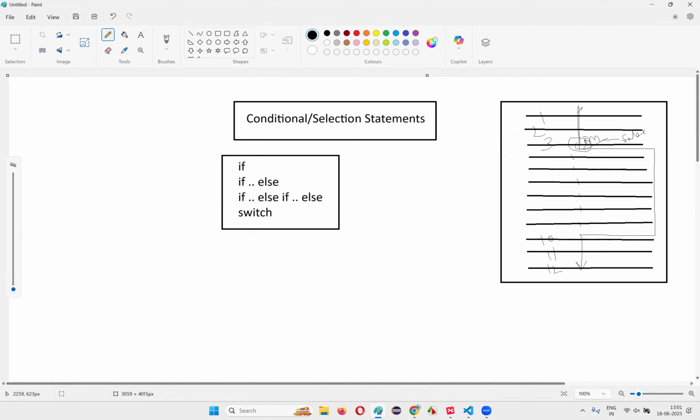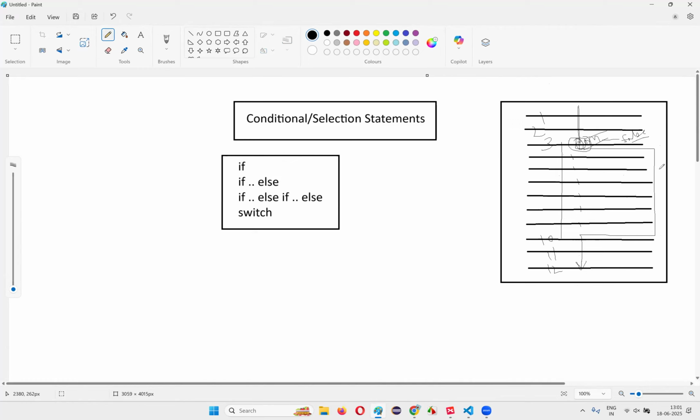For example, guys, if in one of the JavaScript files you have used one of these conditional or selection statements, it may happen that the first three lines got executed, and after that the 10th, 11th, and 12th lines got executed. The lines in between got skipped from execution. How did they get skipped? Based on this condition. If the condition was true, these lines would have been executed. But since the condition resulted in false, these lines got skipped from execution. If you want to achieve this kind of behavior, where when the condition is true you want to run these lines of code,